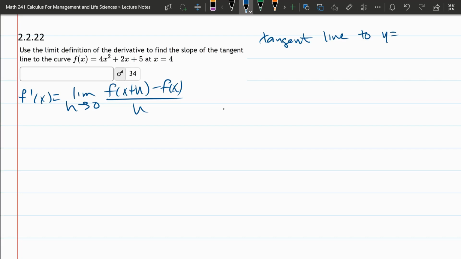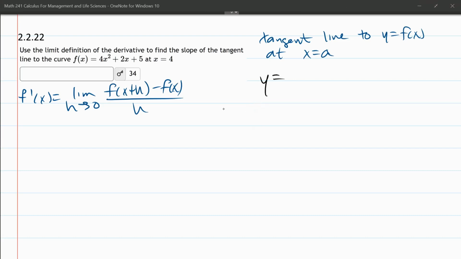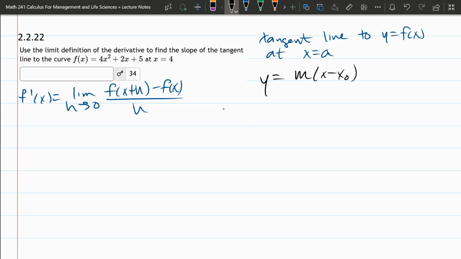to y equals f of x at x equals a. You do need an x value to find a tangent line. So the equation just shifted into black ink. That's fine. Y equals. Now normally it'd be m times x minus x naught